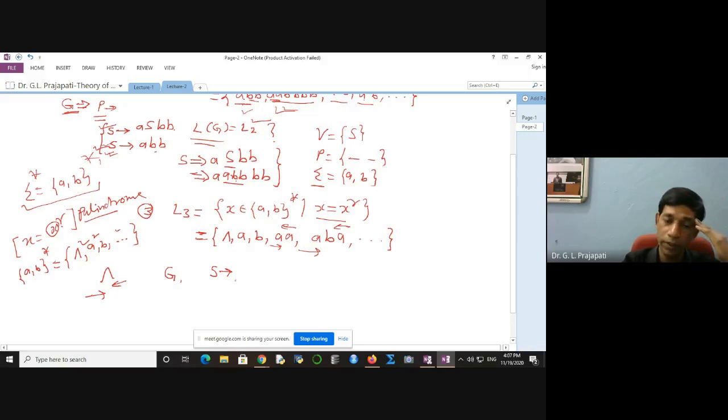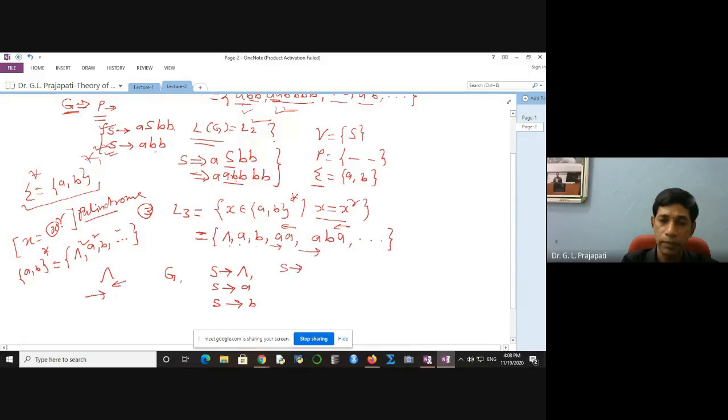So say what S can generate. S can generate the null string, or S can generate A. S can generate also B. So these are the very trivial cases. S can generate null, S can generate A, S can generate B. So for getting the other strings, you can have